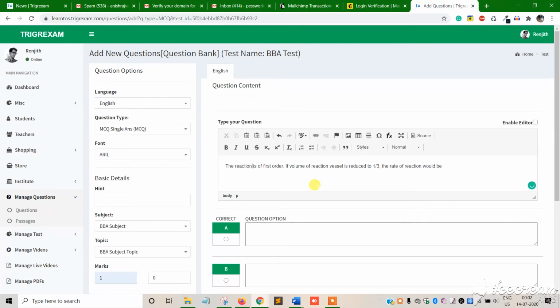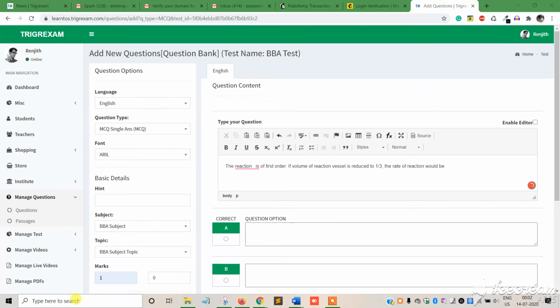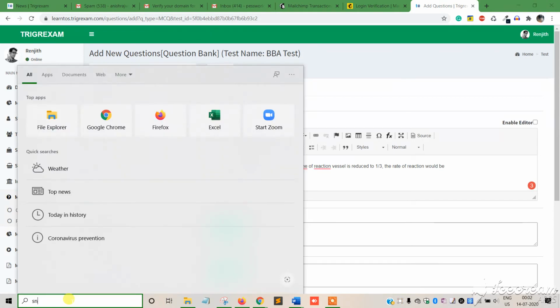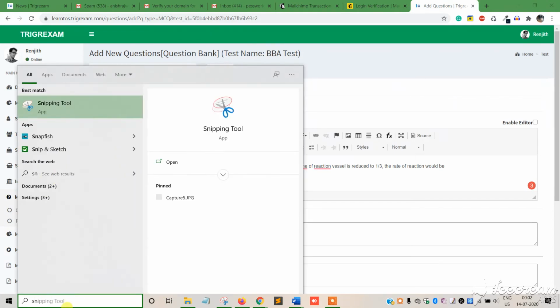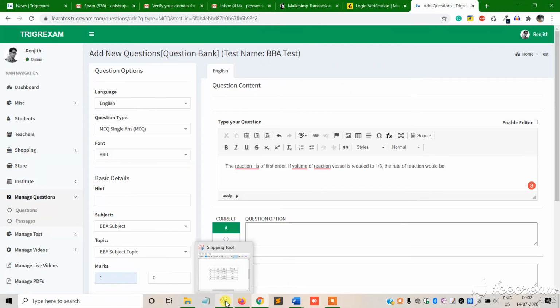You have to learn a simple tool which you can type in your search box: snipping tool. When you type this, it will appear here. In my case, I have already pinned it in my toolbar.